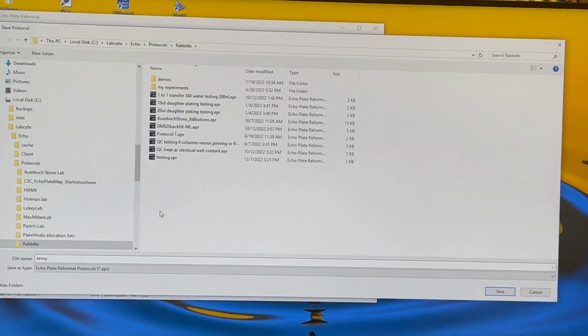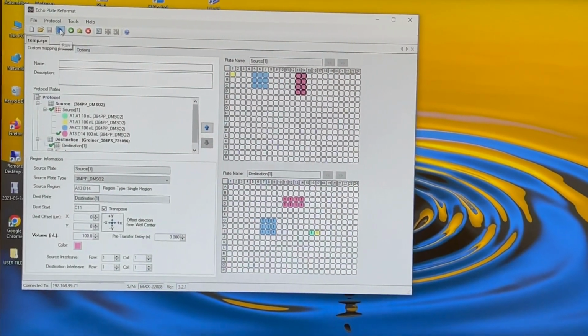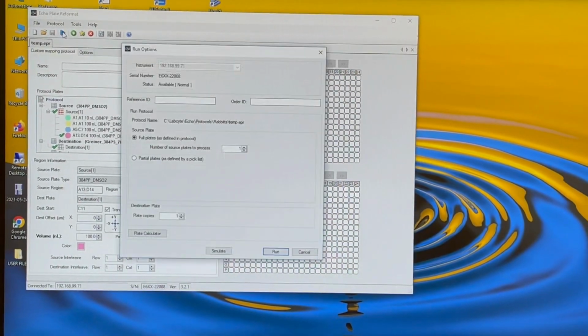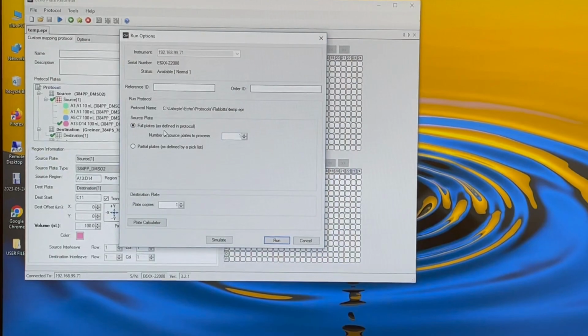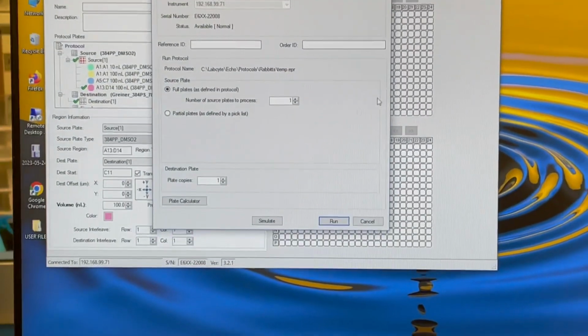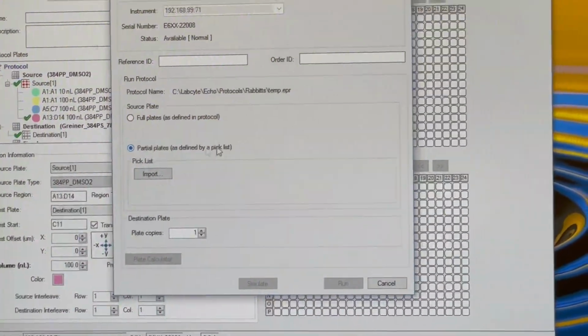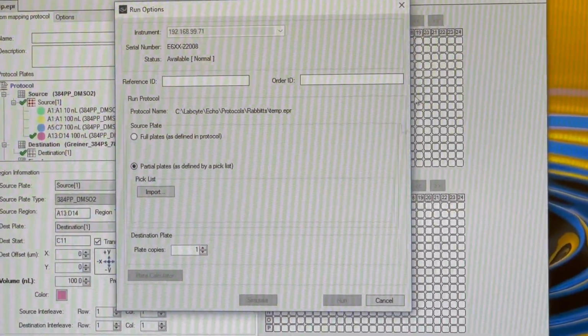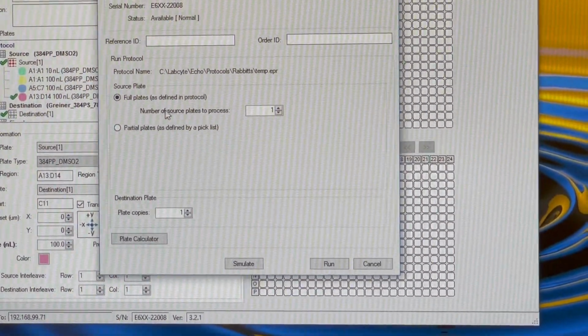And so you just save your protocol, and then you click on this triangle for run, and then it will ask you again, do you want to run full plates like in the protocol? Another option is to make a pick list where you would upload an Excel spreadsheet instead, but we're using the protocol we just designed.